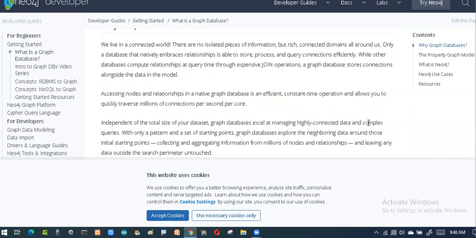Here you can say it can be neighboring data around the initial starting point. And we have something called collecting and aggregating information. You might say something like, overall in this month, how many have got salary, or how many have got hike, or what is the percentage of the total amount that has been utilized. If you have different queries on the table, I'll combine those and show them in the form of a pictorial representation.